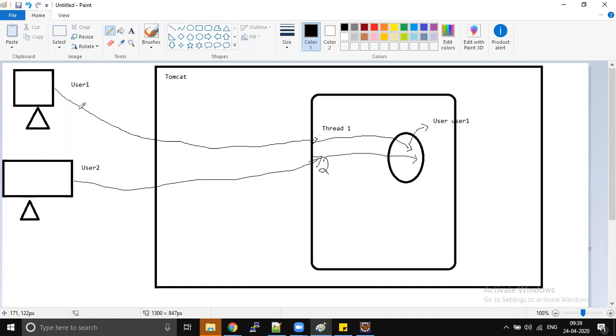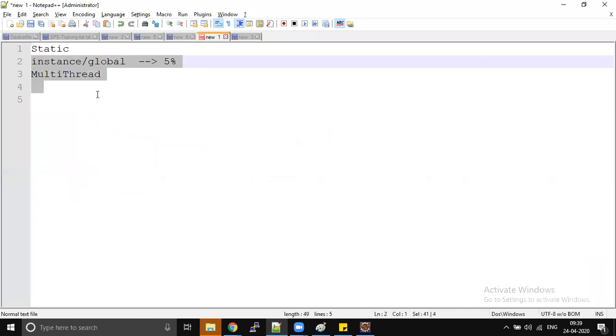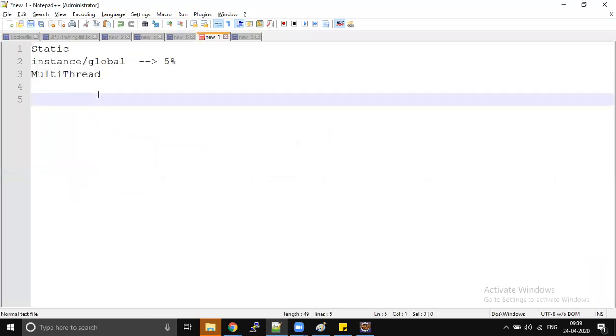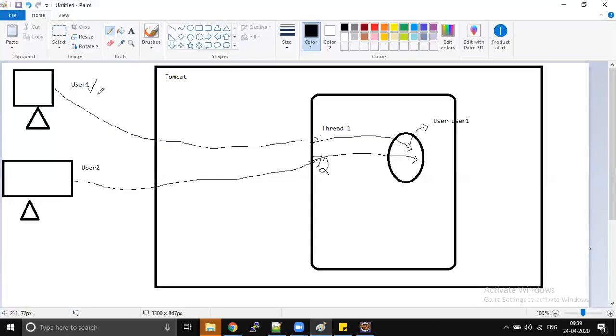All of a sudden, user one will get some account withdrawal. When he goes to some ATM and puts in his ATM card, even though there is no balance, he can still withdraw some money if you define an instance variable. It looks simple. Whenever we say instance variable declaration looks simple, but in real-time applications there are so many challenges because all the instance variables and static variables are data shared between the threads. So we may get data inconsistency problems.